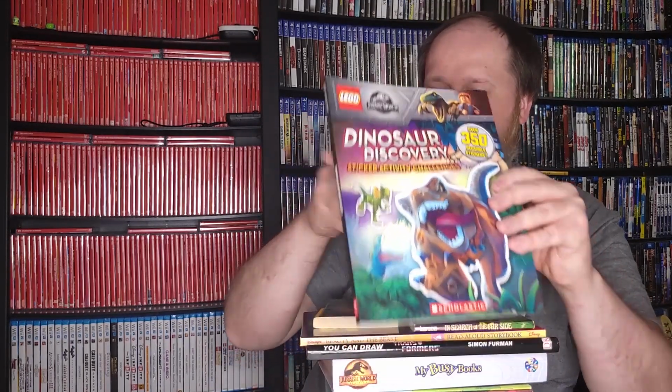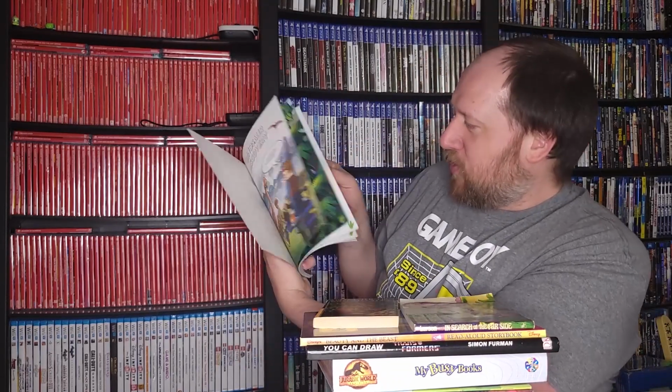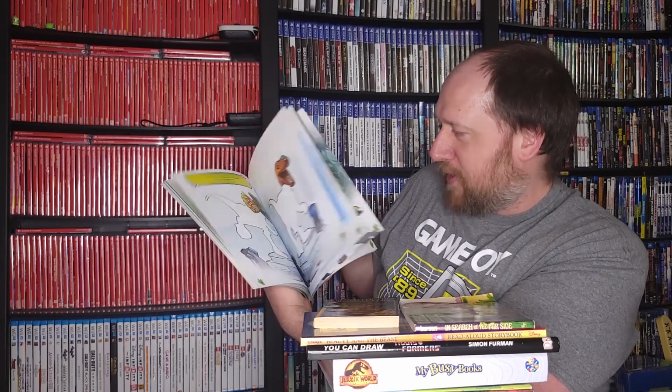And then at that same store, I got the Lego Jurassic World Dinosaur Discovery Sticker Activity Challenges book. It just has some cool, Lego-style art of the different dinosaurs and stuff. And obviously it's a kid's book, but I love Jurassic World, and it was 99 cents. So. Okay, next, a couple things from a Sparrow's Nest, where, for some reason, they had all kids' books, 4